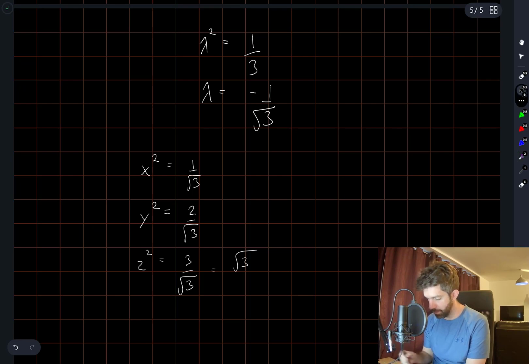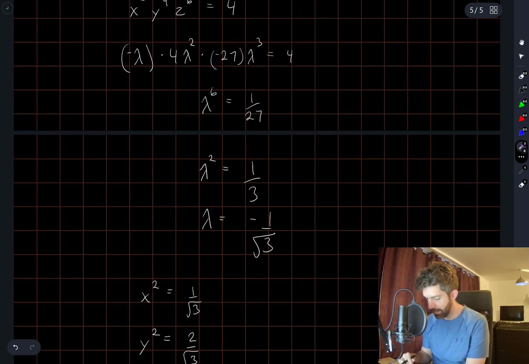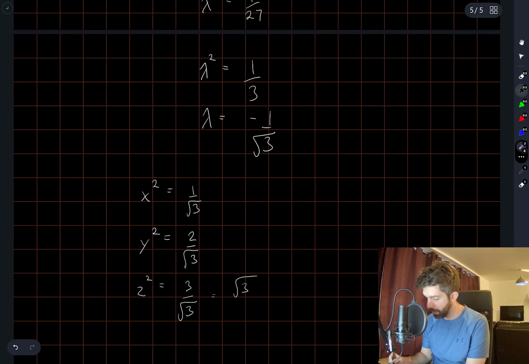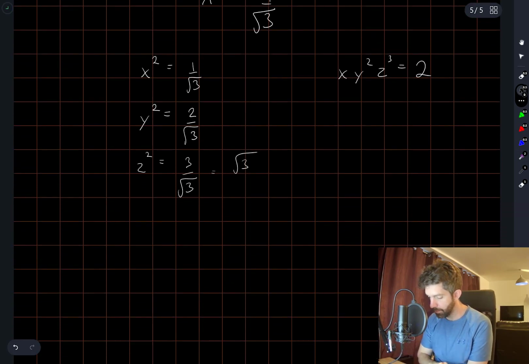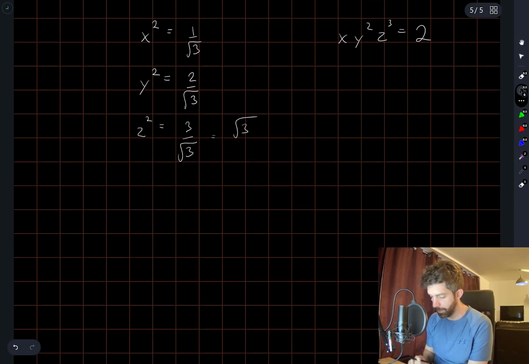we can compute the, there might be several points here which are closest to the origin because x can be positive or negative, y can be positive or negative, and z can be positive or negative, except I have to keep in mind in the constraint that x y squared z cubed is equal to 2. So it doesn't matter what sign y is, but x and z have to have the same sign because this product has to be positive. So if I list out all the possible points here,